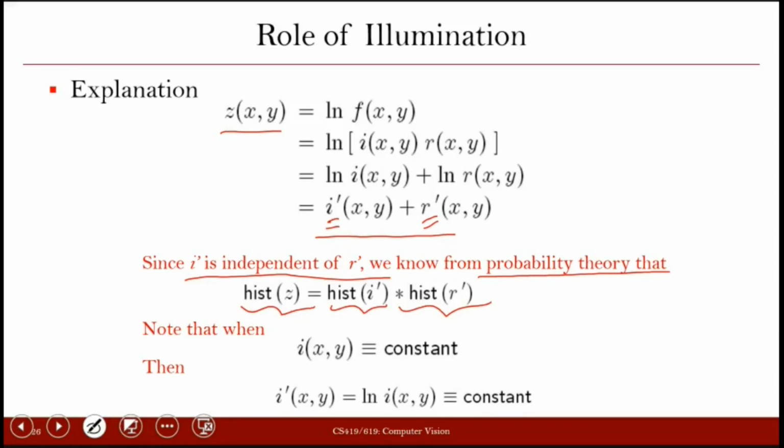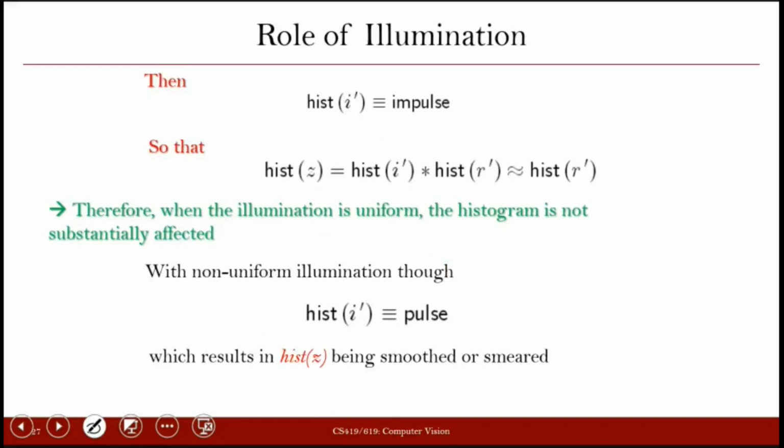So now you see the first case. Let us say in this case I(x,y) is constant. So when I(x,y) is constant, I prime(x,y) or log of I(x,y) will also be constant. When you are saying that illumination is constant, this means that the first component is constant. So when the first component is constant, I prime is constant, its